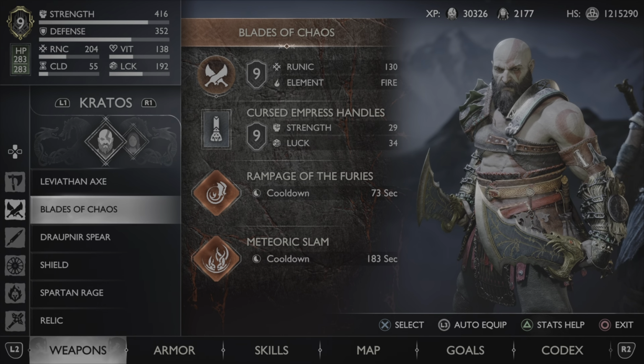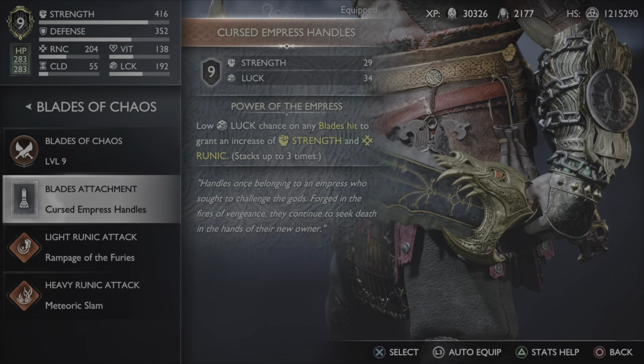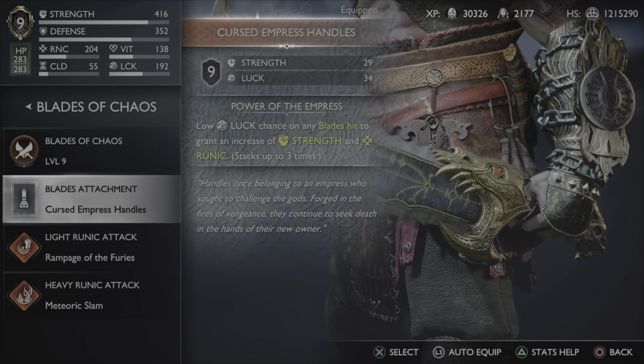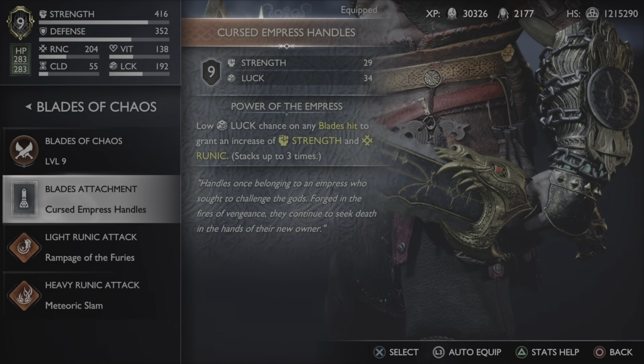We're going to want to be using our Blades of Chaos. And the hilt we're using is Cursed Empress Handles. You get these very, very early on in the game. And honestly, I think they're one of the better handles in the game to start with and in the late game,